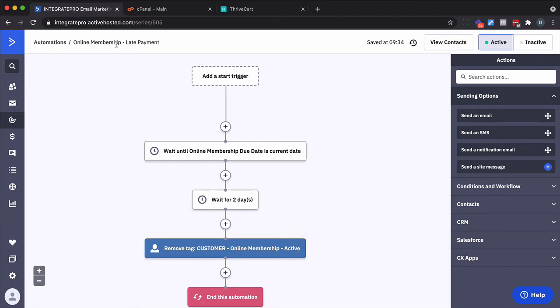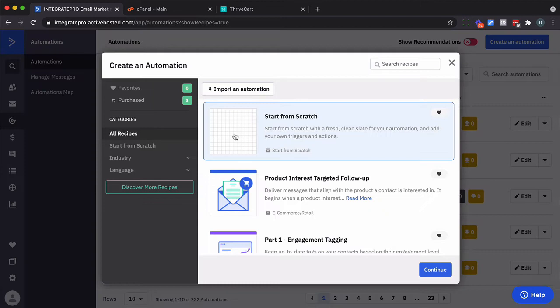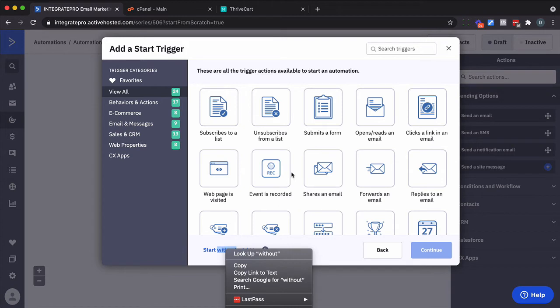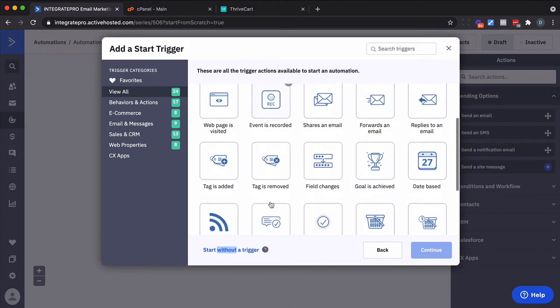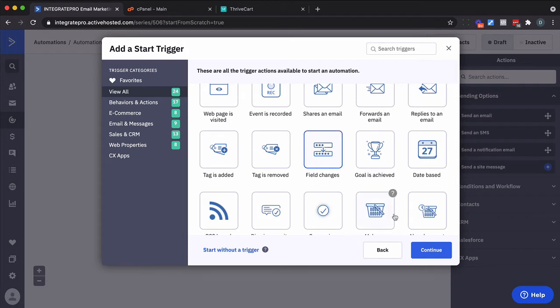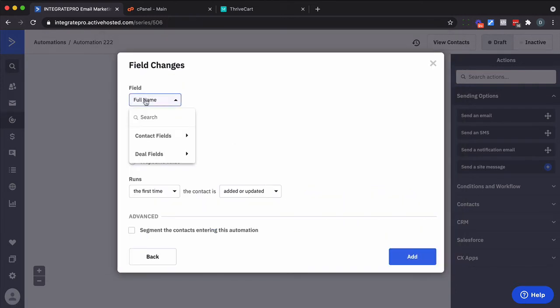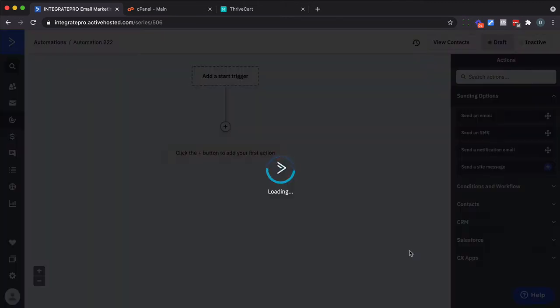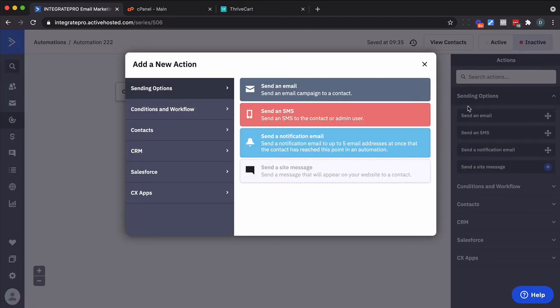So let us take this automation name. Now we're going to create a controller automation for this. We are going to start with a trigger, and it is going to be field change. And it's going to be the online. There it is. So when it changes from any value to any other value, and we want to make sure it happens every time, and we click on Add,